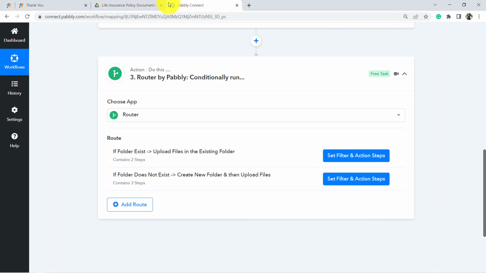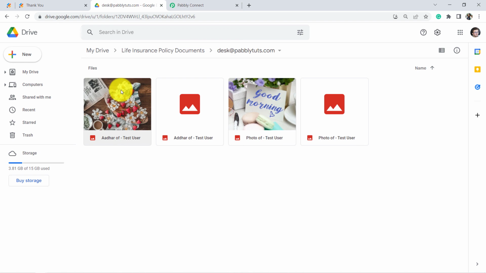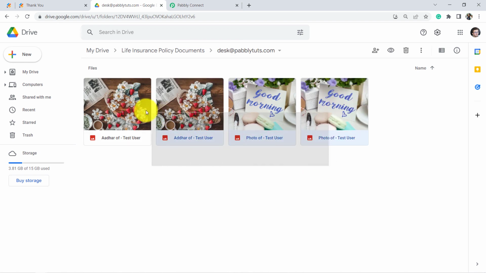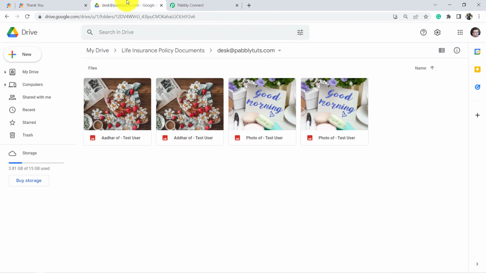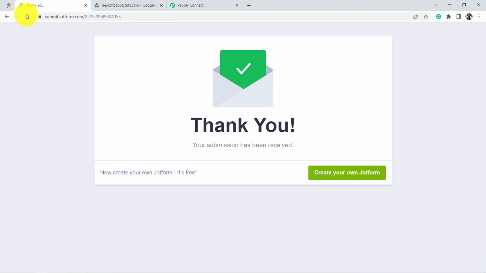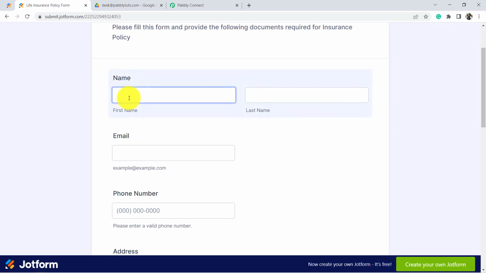So let's check, and yes, the folder has not been created, and let me open this particular folder and see the documents, and yes, the images have been uploaded because we have clearly defined that upload the files in the existing folder. That means our automation is working absolutely fine. Let's test this automation one last time, and this time I am going to submit unique details again, and let's say hello user is submitting the form, and